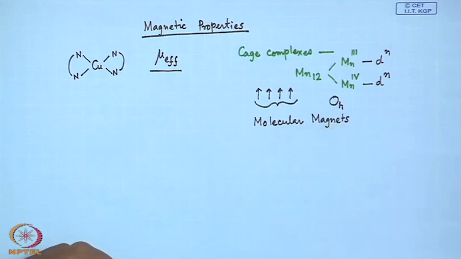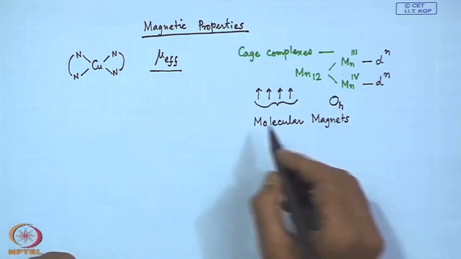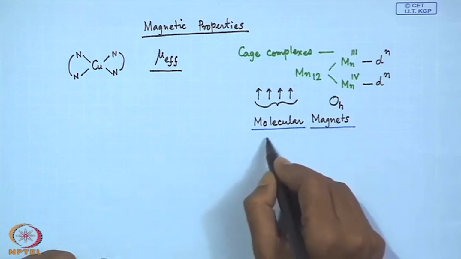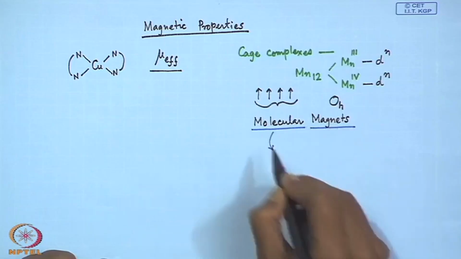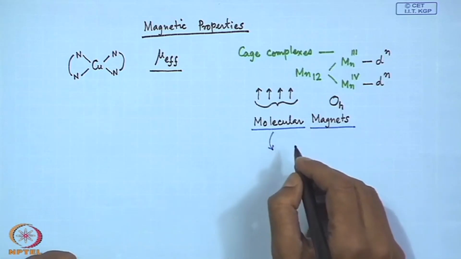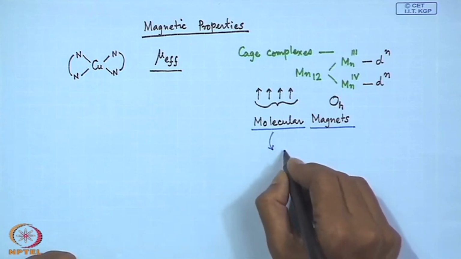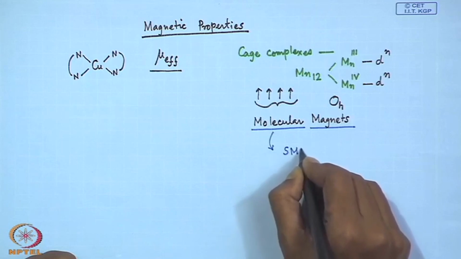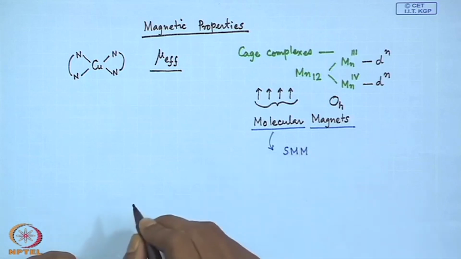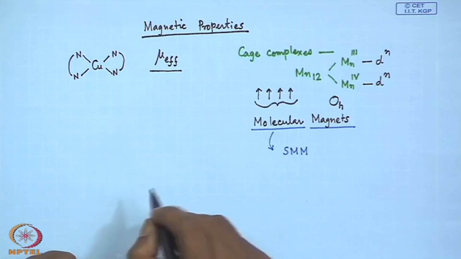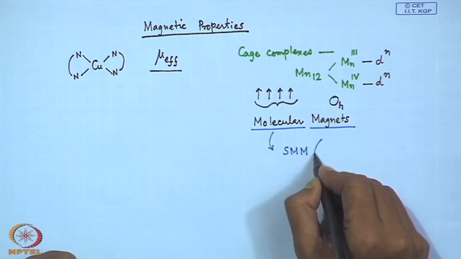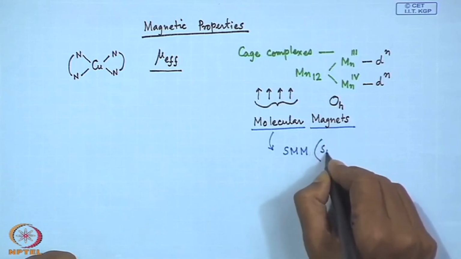These molecular magnets are a very interesting and exciting area nowadays, because this gives rise to 2 or 3 different branches when a particular single molecule can function as a magnet with some characteristic and interesting property. We can call it a single molecule magnet. So this SMM is nothing but